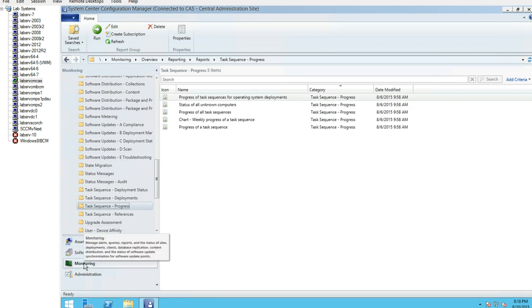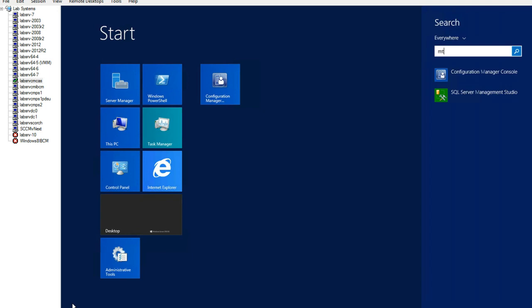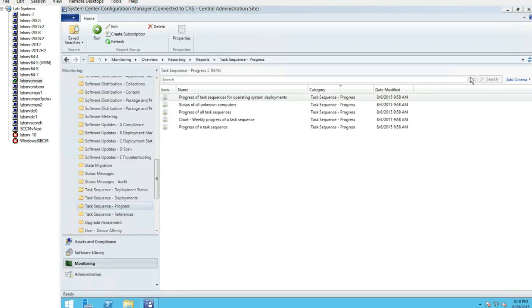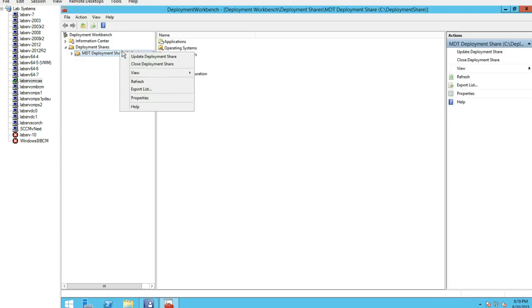I've never used it in ConfigMgr. I'm sure that you could figure out a way to pull something like this over, but it's kind of beyond the discussion here. I just want to show it to you. So in MDT, this is one of those cool things that MDT adds that is not represented the same way in ConfigMgr. There's the deployment workbench, which is the MDT main console. And if you go into that console and go to properties on your deployment shares,